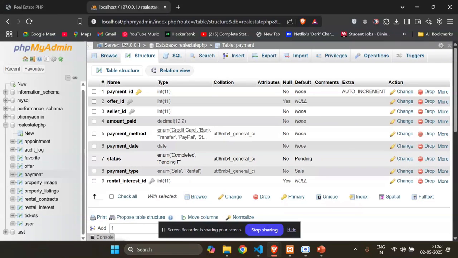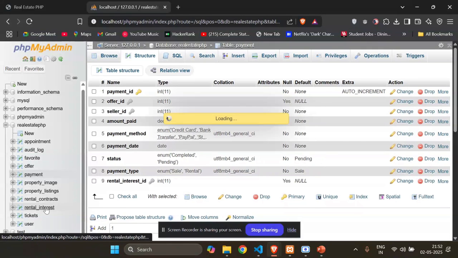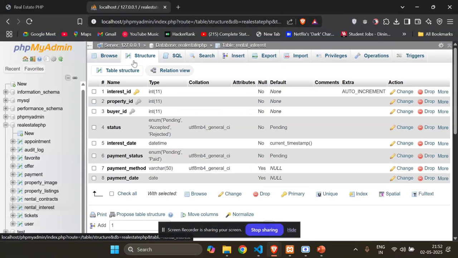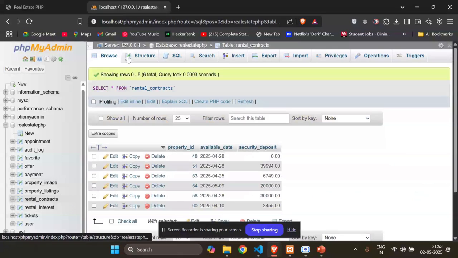It also has two statuses, completed and pending, and the payment type, whether it's sale or rental. When it comes to the rental, we have the rental interest table. So it stores all these keys, and it will have the status pending, accepted, rejected, and then the payment status. And we have the rental contracts, where